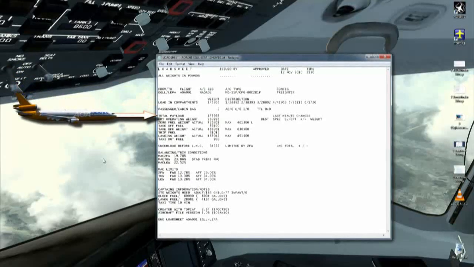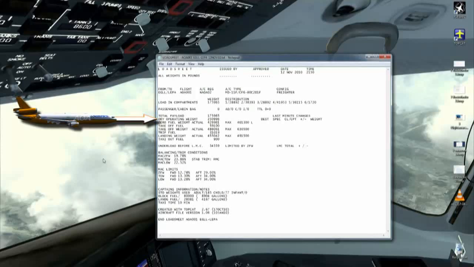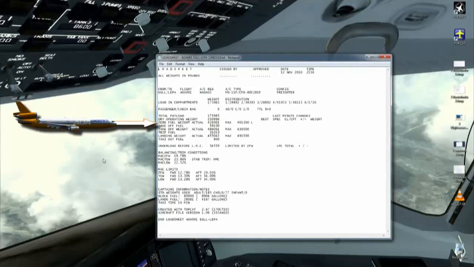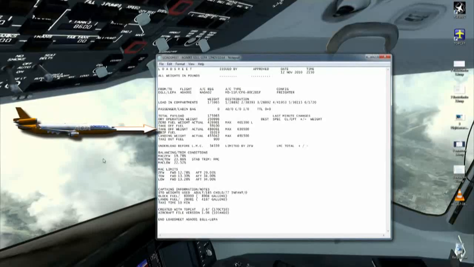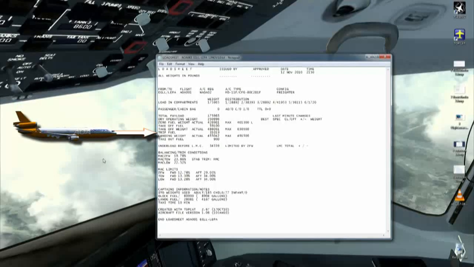Total payload is 175,965 pounds. Dry operating weight is 250,996 pounds. Zero fuel weight is 426,961 pounds. Takeoff fuel is 59,100 pounds. Takeoff weight will be 486,061 pounds. Trip fuel is estimated at